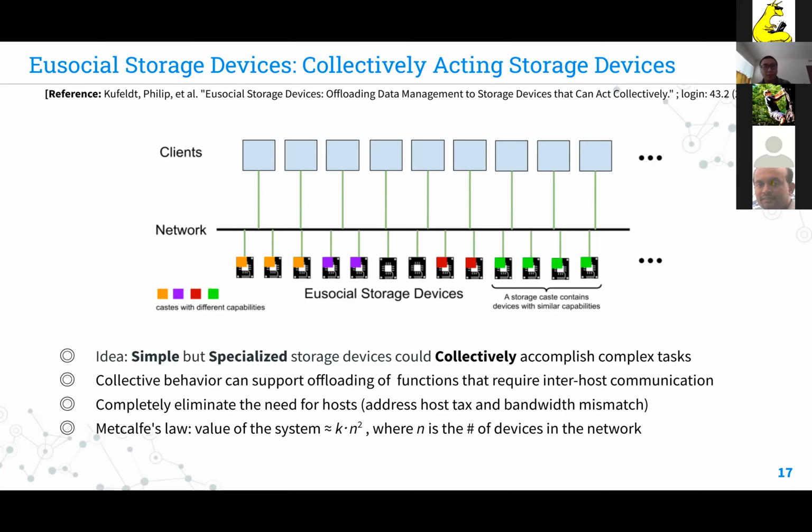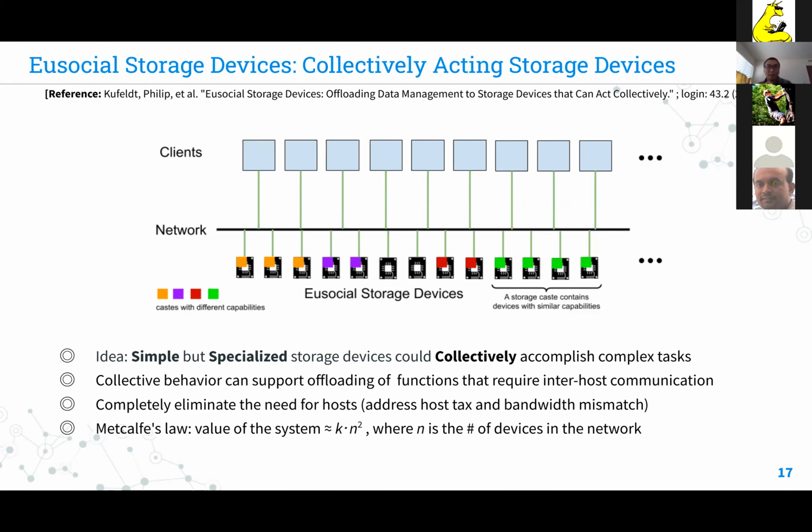Also, different storage devices can have domain-specific hardware, and because they can have different functions running within them, they can provide different client APIs to different clients. Finally, storage devices with similar capabilities can be organized into a cluster so that they can collectively provide some specialized function to the clients.